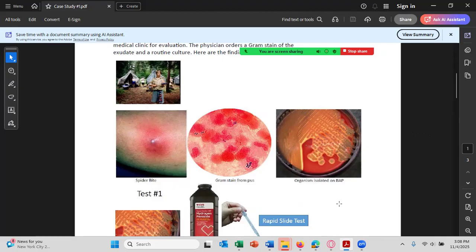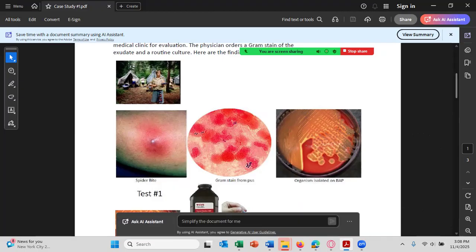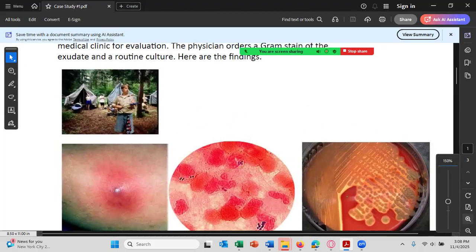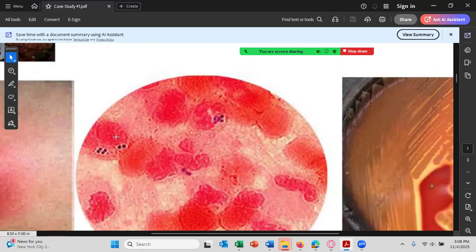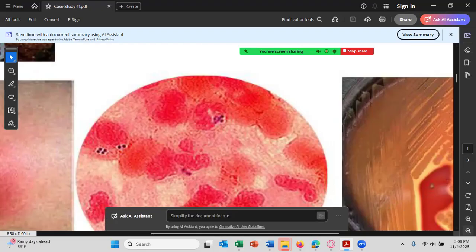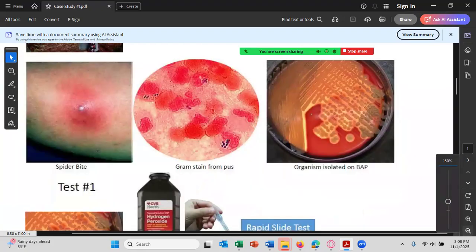That is the gram stain. You have to blow that up to see that. So there's the bacteria here. These large pink cells are actually the boy's cells, but those are the bacteria causing the infection. And that's the infection inside the boy. And let me shrink it down now. There's the bacteria grown on a blood agar plate, and you can see something happening to the blood in that plate.